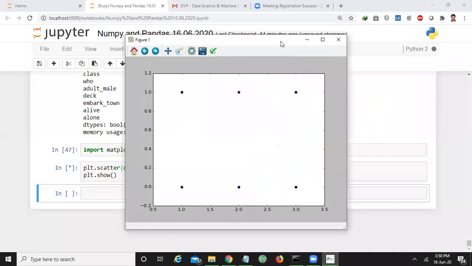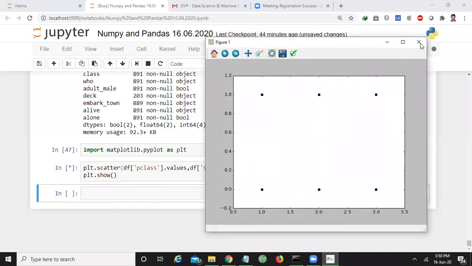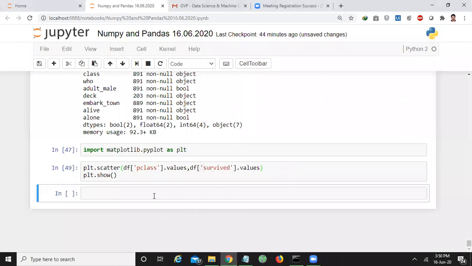It will look like this. You just want to do some visual study with the values of the Titanic data set.